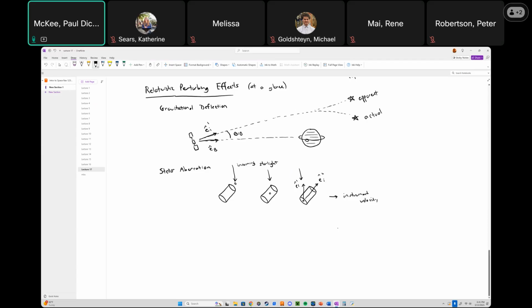And I have a whole page of notes on the equations that take you from EI single prime to EI double prime. But I will mention that stellar aberration generally should not be ignored for a star tracker. The star trackers that we have, for example, on Orion, we take into account stellar aberration. It is something that's worth considering. And I'll also mention that